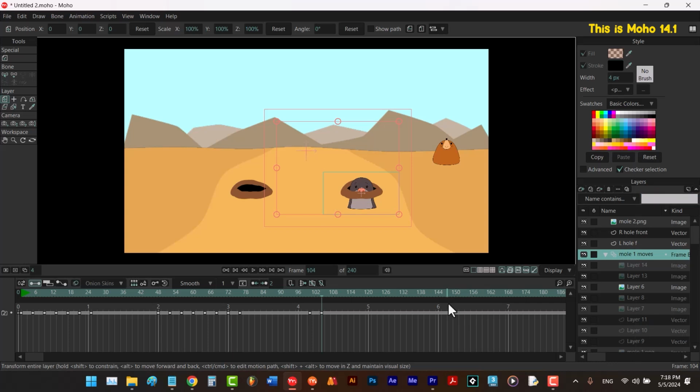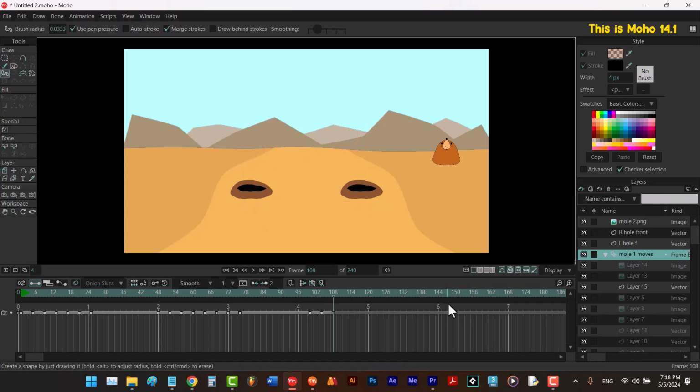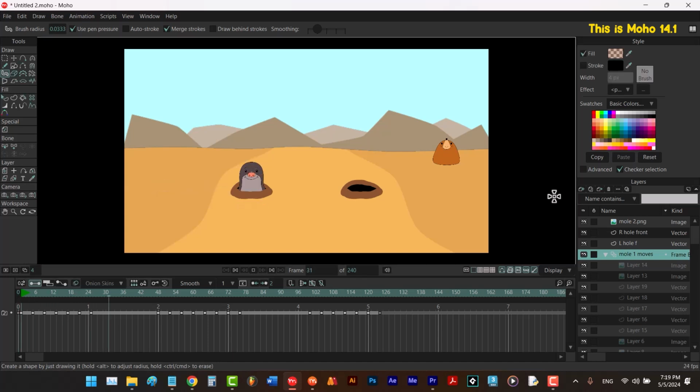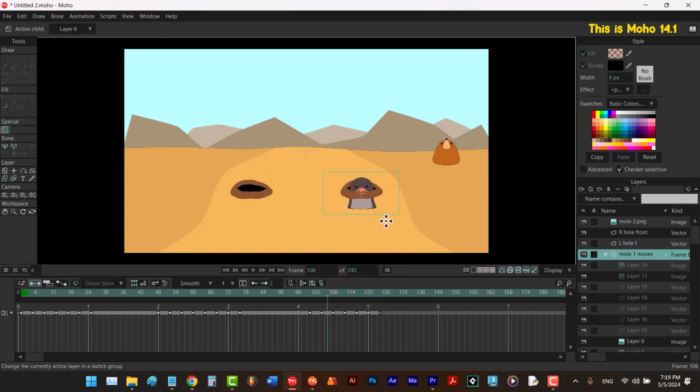So I'm gonna press F5 and hit the J key on my keyboard to select the blob brush, and I draw the first move. F5, next move, F5, next move, F5, next move, and finally again I press F5 because in the end we should see nothing. Now let's take a look at our animation. I'm gonna play it using the space key on my keyboard. Alright, it looks good, but as you can see, we can see the lower part of this character,